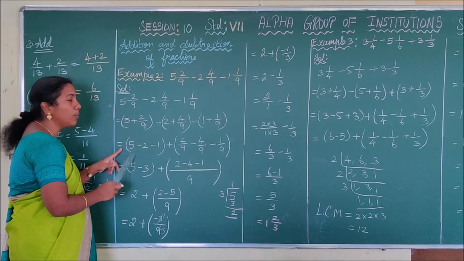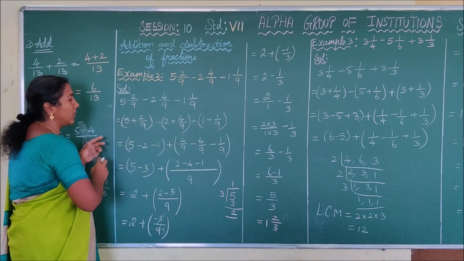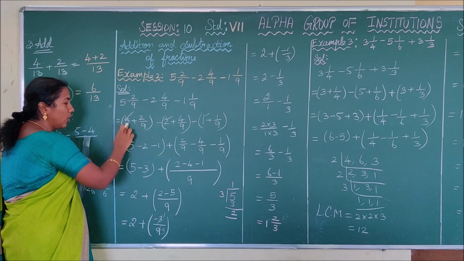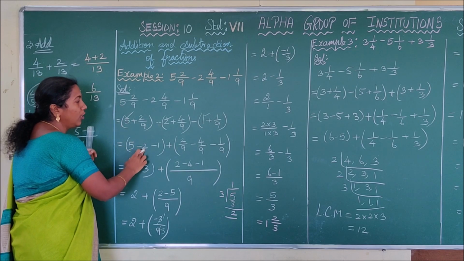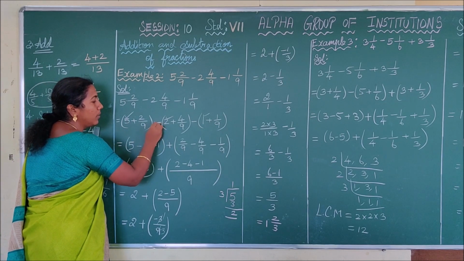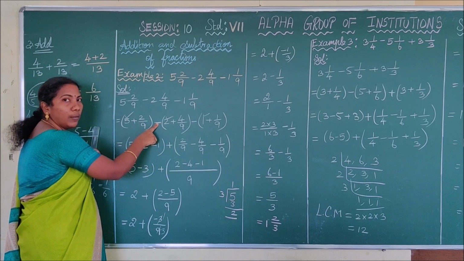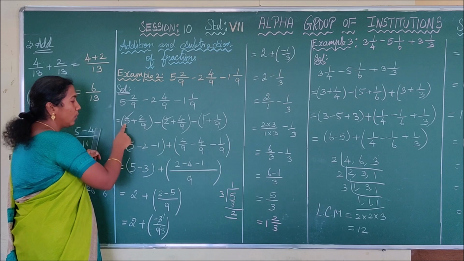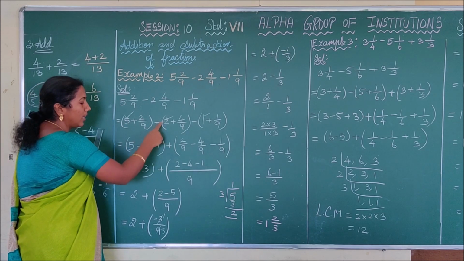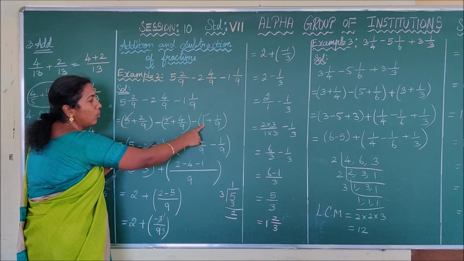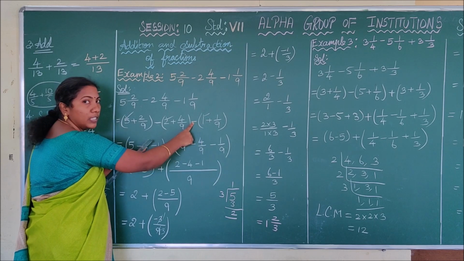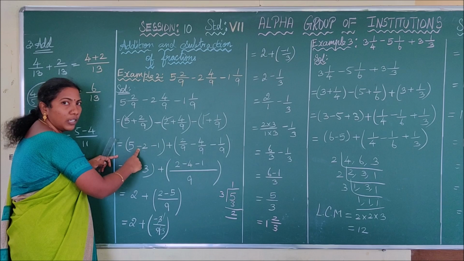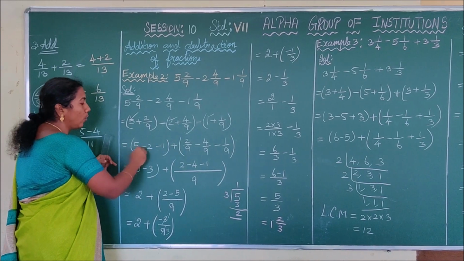Then how can you do the next step? In the next step, you have to collect the whole numbers, that is 5, 2, 1. See here, first you have to write 5. While writing 2, you have to observe the symbol before the bracket. What is the symbol here? Minus. So you have to write it as minus 2 here. First you have to write 5 minus 2. And which is the third whole number? 1. Before that you have the minus symbol, so you have to write it as minus 1. Thus 5 minus 2 minus 1. You have to close the bracket.